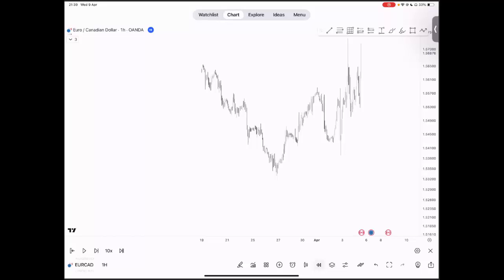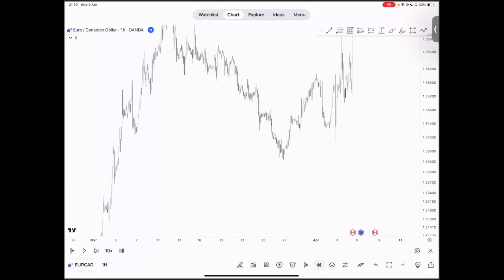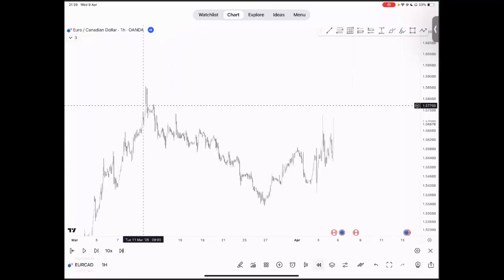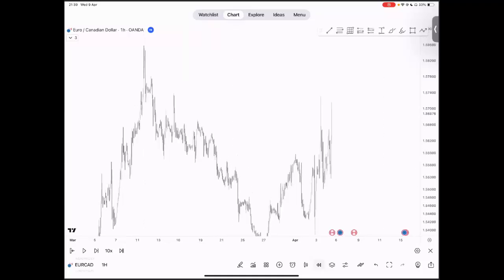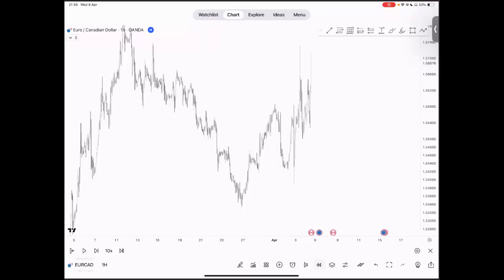Sorry, allow this thing to load. Okay, this is the 1 hour time frame. You had price moving down, change of character, down. And then after the last change of character, price started a downtrend, and then changed character again, right? At this point, when you broke this high,